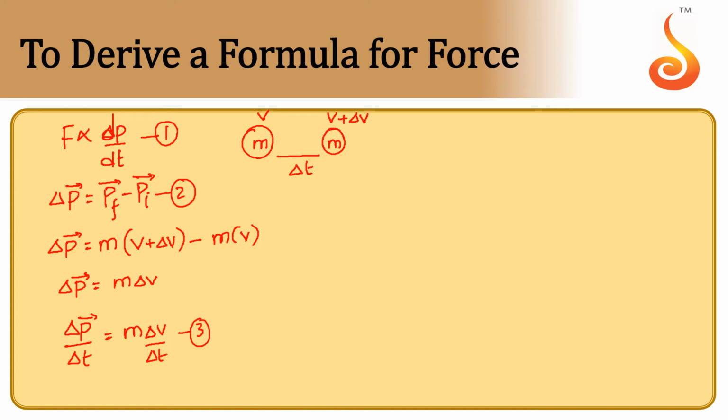If the change in velocity happens in a very small duration of time, that means delta t almost tends to 0. How do we understand this? If there is a point A, when the ball was here at point A and the force was applied, definitely the moment the force was applied on it, the velocity of the ball started changing. So within no time, in a small duration of time, the velocity of the ball would have been v plus delta v.